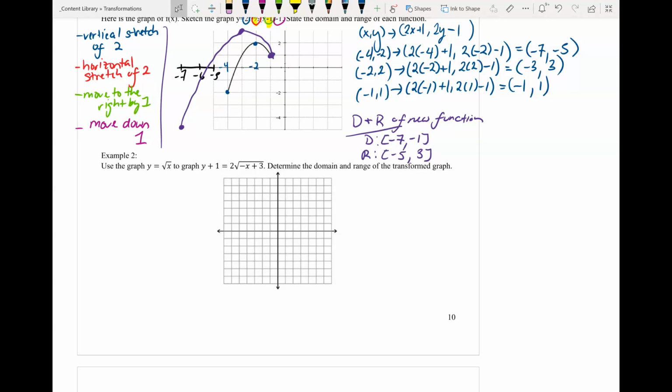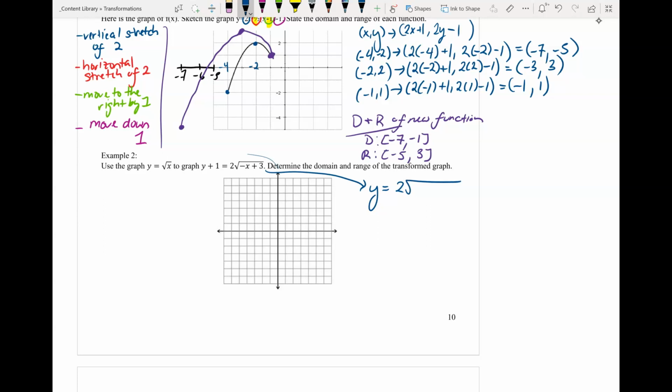All right, next example. We are going to use the graph of the root of x to graph our new transformed graph. I'm going to rewrite this. So I'm solving for y, or in terms of y. So y is equal to